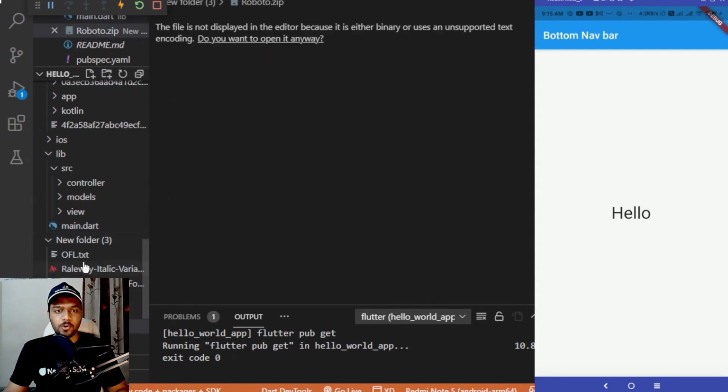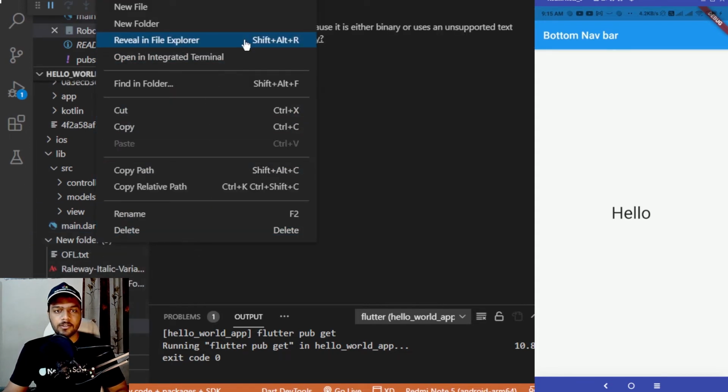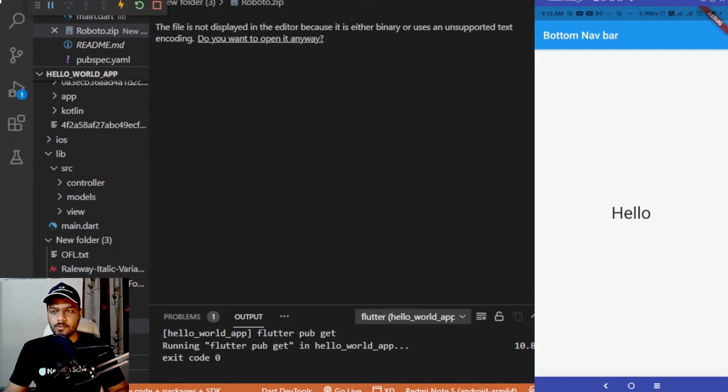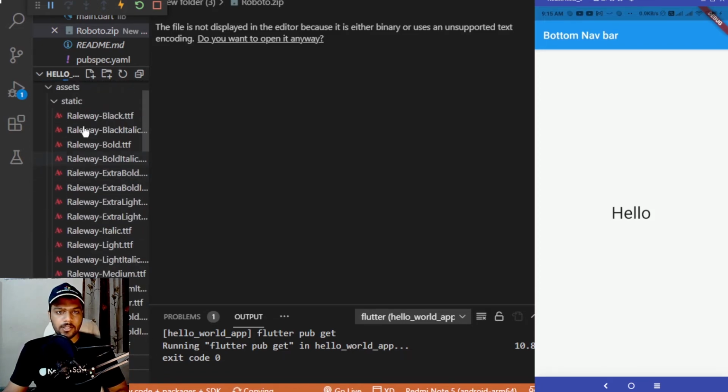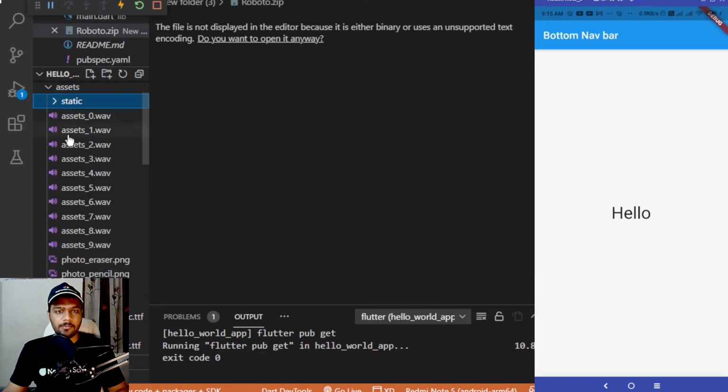I have pasted the roboto.zip inside this new folder 3, and inside this new folder 3 only I'll be unzipping the roboto.zip file. Cutting the TTF files from here, or I guess I can directly move them to this assets directory. In this case I have added them under the static, but for Roboto I have added them directly under